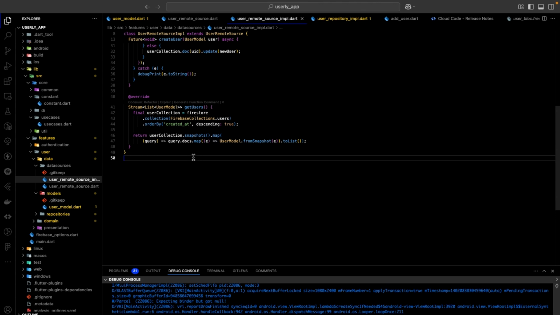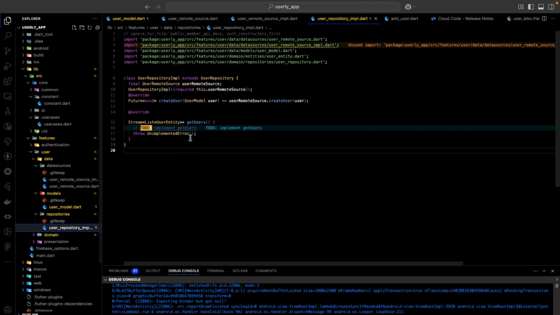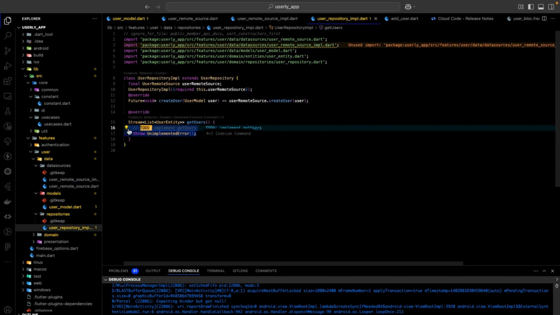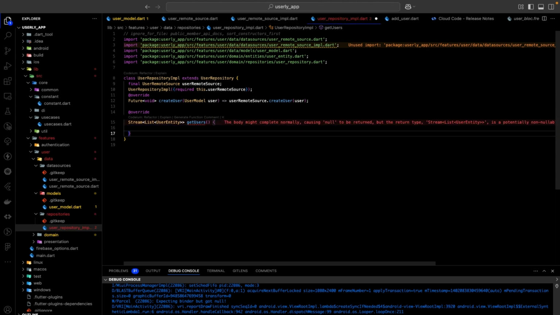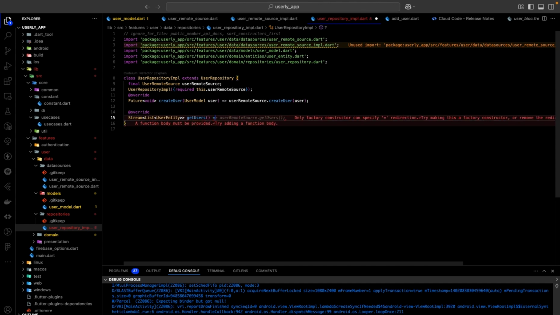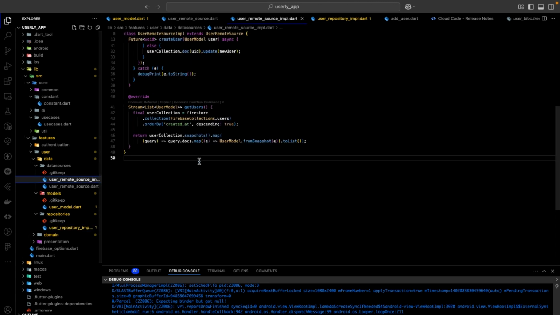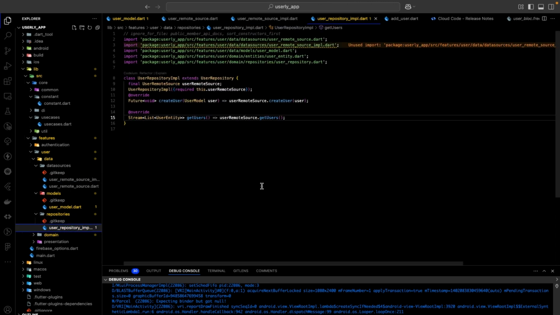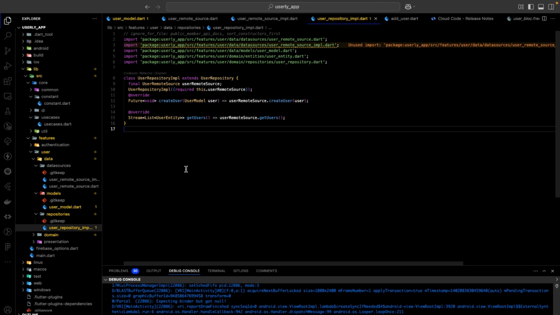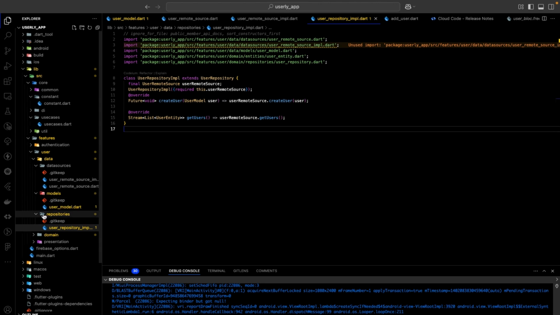Okay, what we need to do is go to repository implementation, and then user remote source get user. Okay, so we have already done the implementation here, so after calling it, they will handle the rest. Okay, so after here you go directly to